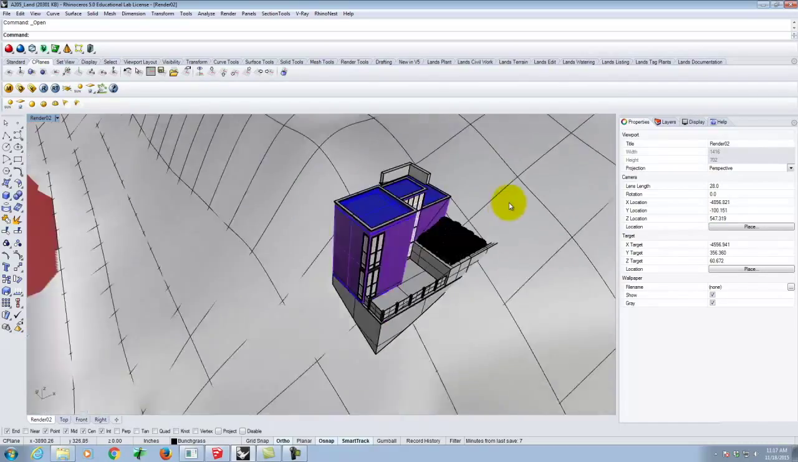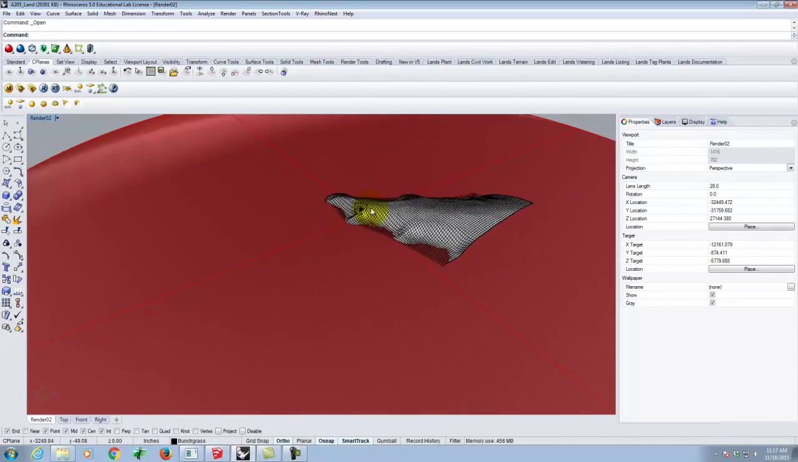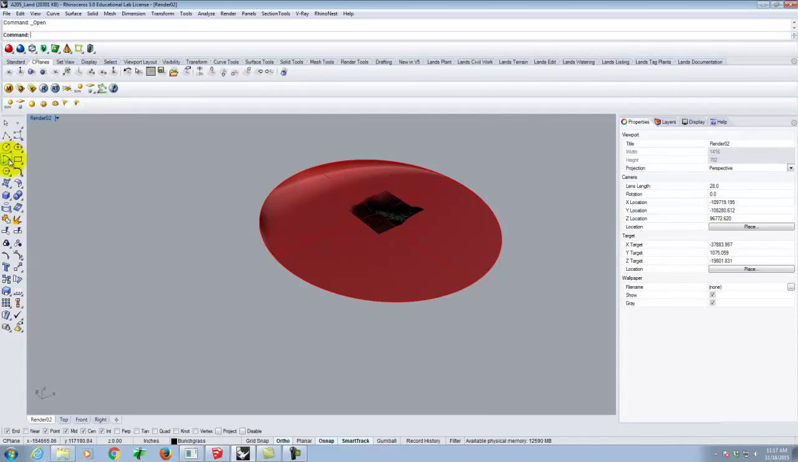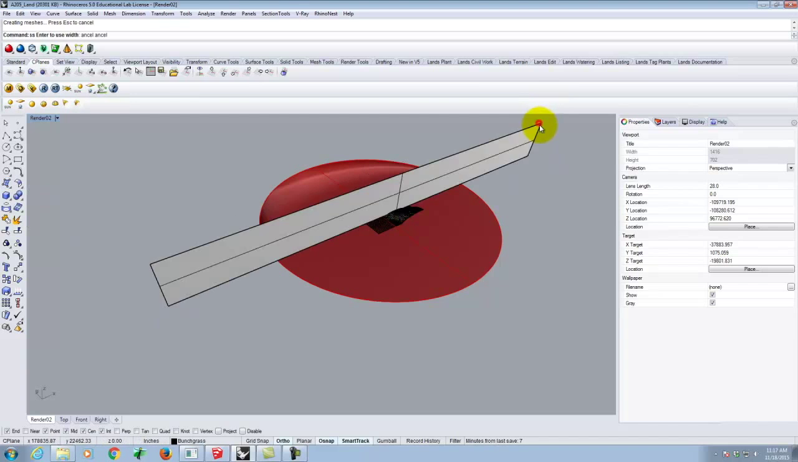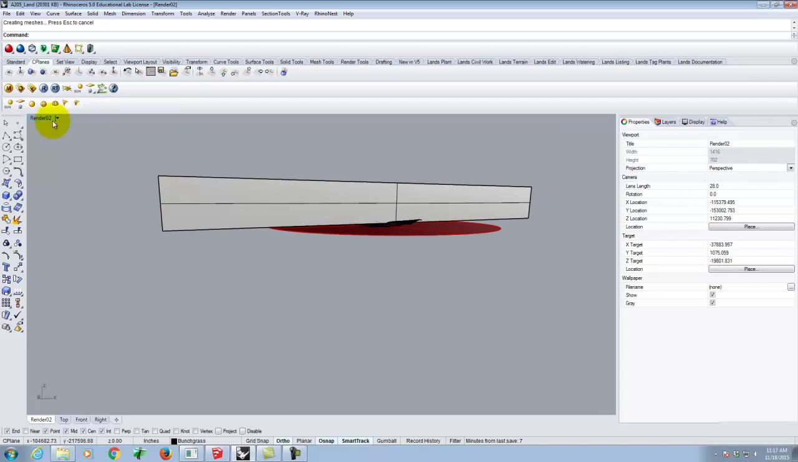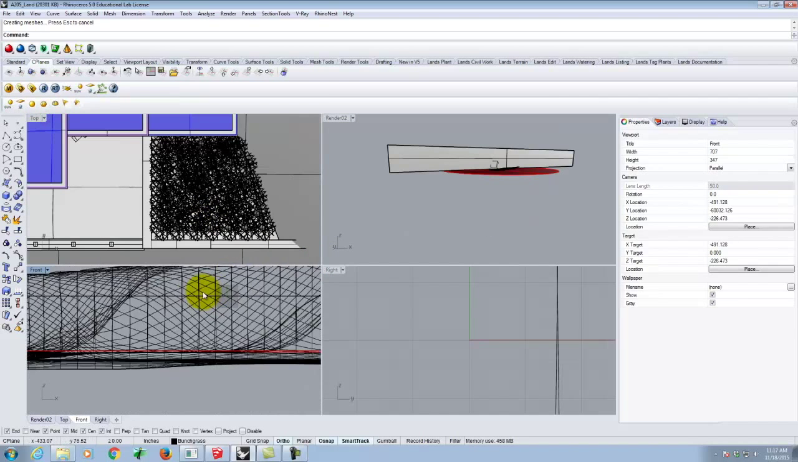Okay? So what I'll do is I'll create just a very large rectangular plane. So I'm going to zoom way out, and I'll create a very large rectangular plane. I want it to be a vertical plane, so that it's just much, much bigger than my whole model. If I look at this in the side view,